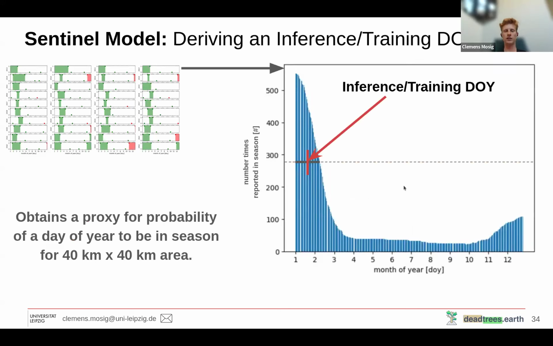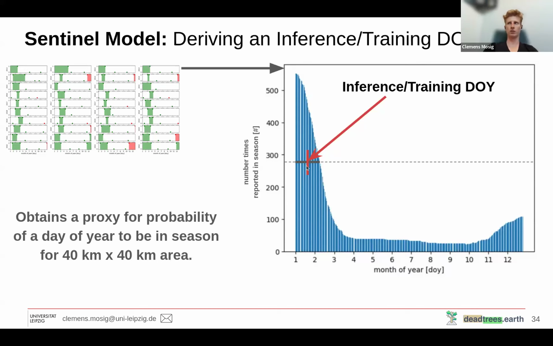Here you have the probability distribution of the growing season for a forest in South Africa, meaning you have the peak season roughly at New Year's. And based on this distribution, we infer a start date where we let the time series start